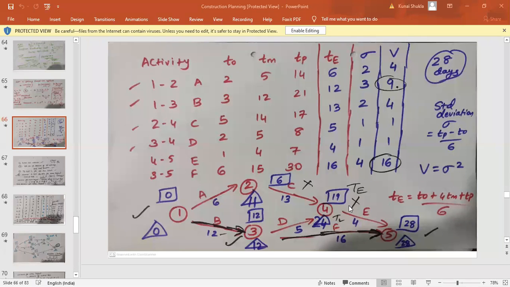How to find out the critical path, I will repeat. Here there is no calculation of total float or the free float. So what do you require? You require the difference of the triangle bracket and the square bracket. Wherever you are getting that as 0, that is considered as a critical activity. So in this one it is 0, in this one it is non-zero value, here non-zero value, here 0 value, and here 0 value. So 1, 3, 5 is the critical path.